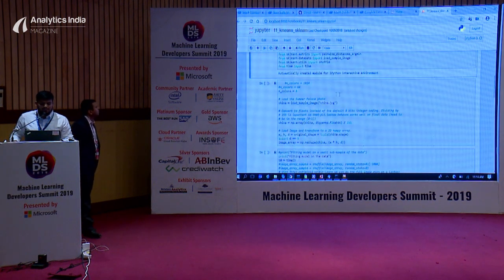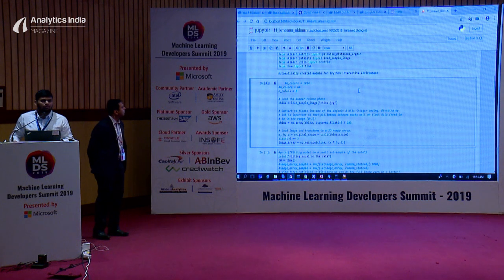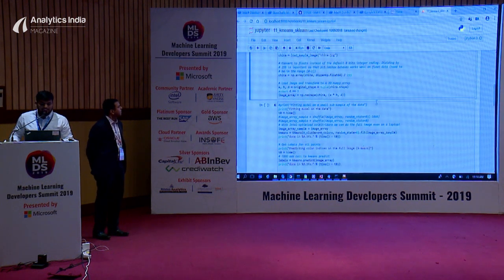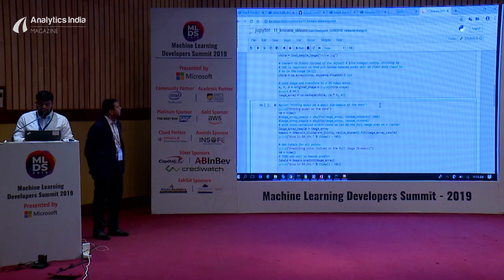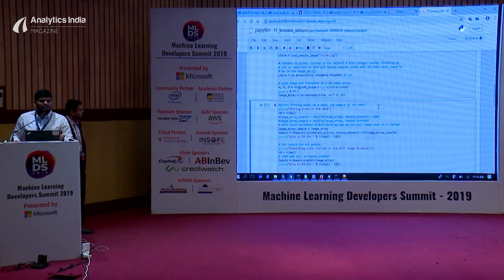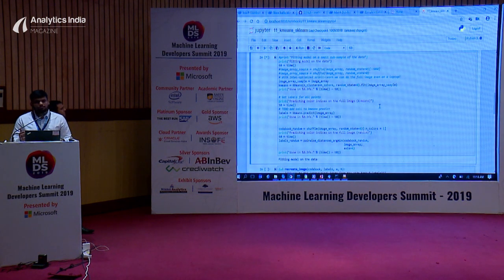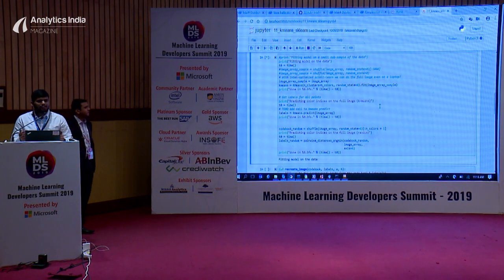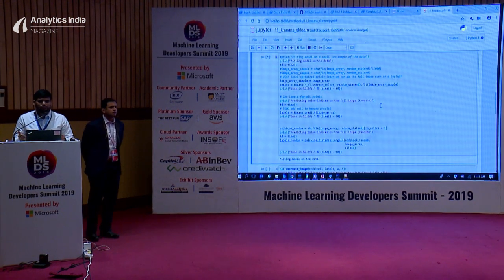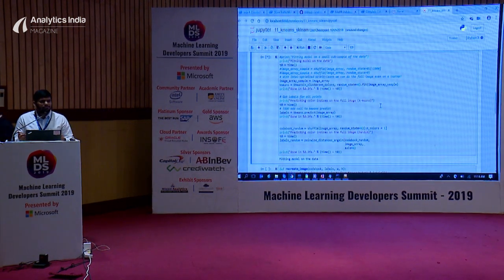So as we claim that in Intel distribution for Python, we have accelerated these packages, and how we have done that. Underneath, NumPy, SciPy, scikit-learn, all the calls are done in MKL and DAL. Especially the native codes are used: C, C++, and assembly codes. We come out of the Python environment for some time, do our computations there, and get back to the Python environment. And you can see that this code is taking quite a while to run.